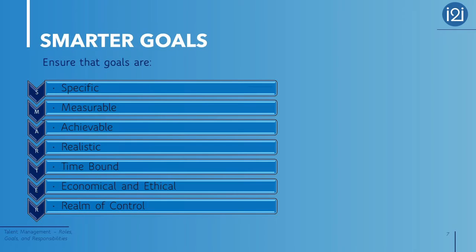M is for measurable. Effective goals will have a measurable result. You want to be able to determine clearly when you have succeeded or failed at your goal. Quantitative goals are measured in terms of dollars, percentages, ratios, or other numeric factors. Qualitative measurements are more difficult. For example, a goal to improve my written communication skills is vague and not easily measured. What will be the specific desired outcome? A more effective goal might be to improve my written communication skills so that I can write well-organized and concise business letters with confidence and ease. M could also stand for meaningful or motivational.